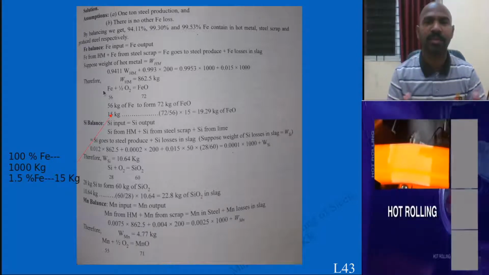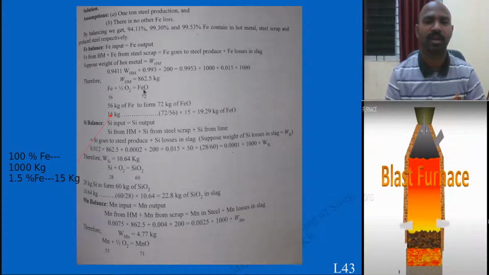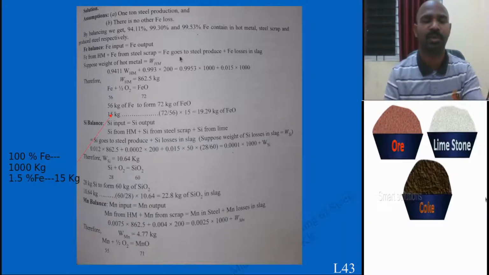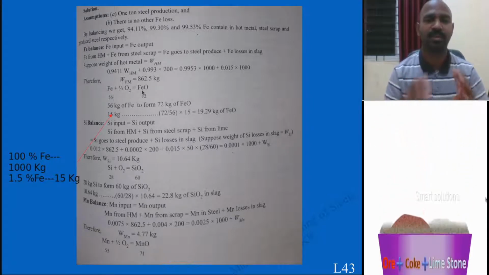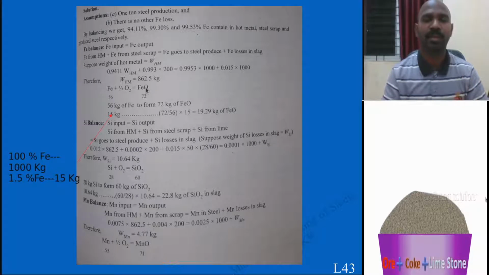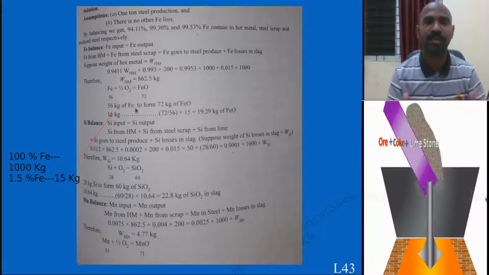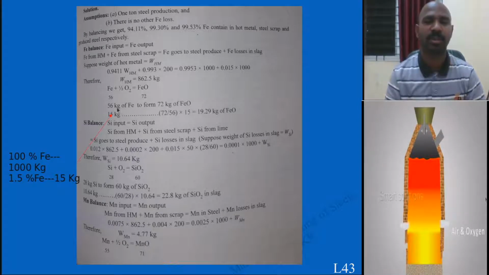Now the next question was slag produced, the amount of slag produced. FeO is also one of the slags. So how do you calculate for the FeO? First you need to remember this equation. This is also the next point to remember. The iron atomic weight is 56 and FeO becomes 72 when you add oxygen weight 16. Okay, and 56 kg of iron forms 72 kg of FeO. This is what it means. This much moles of iron is going to contribute to form FeO.